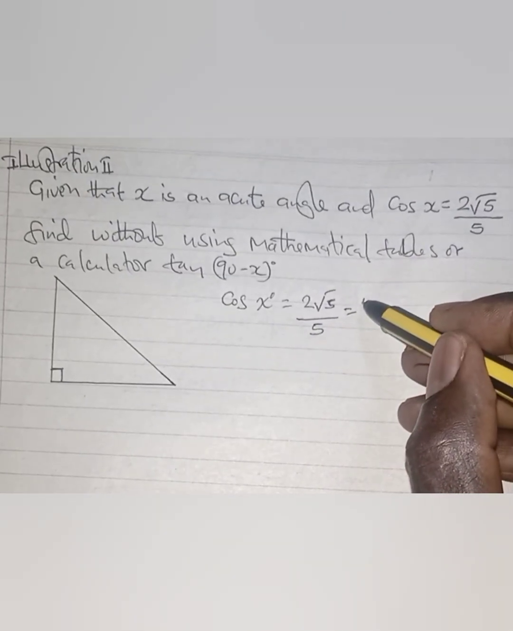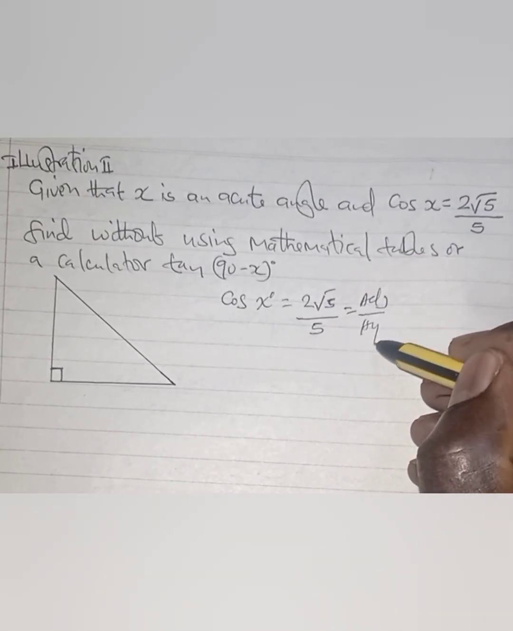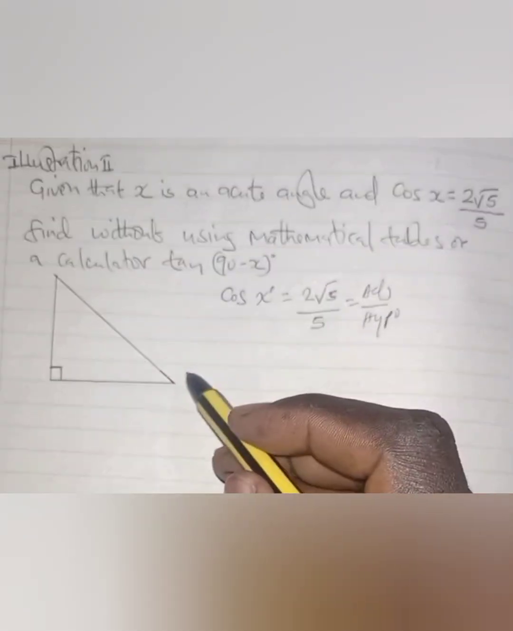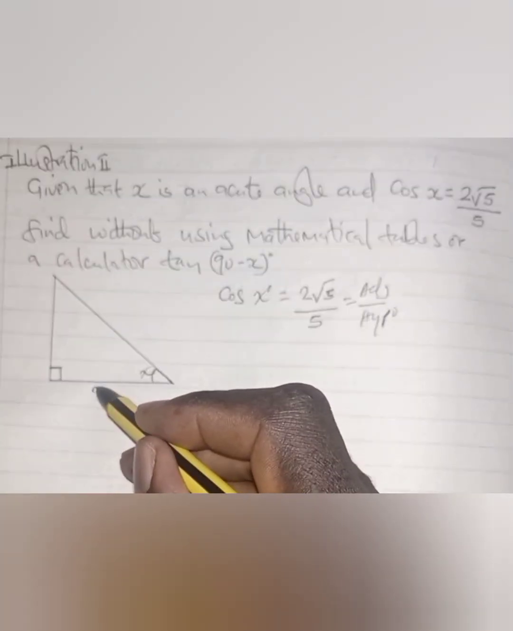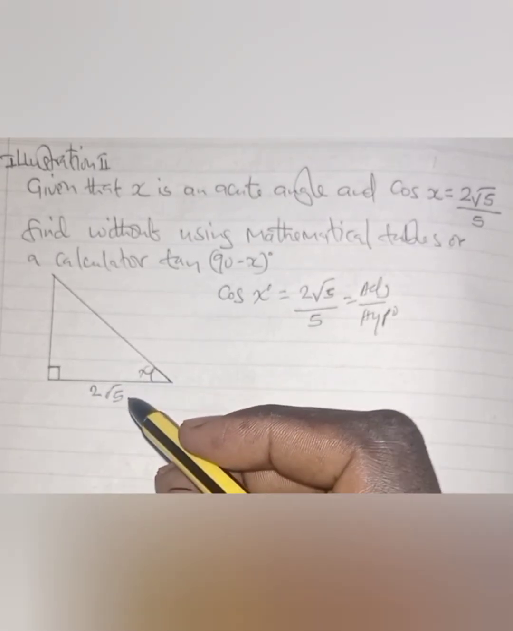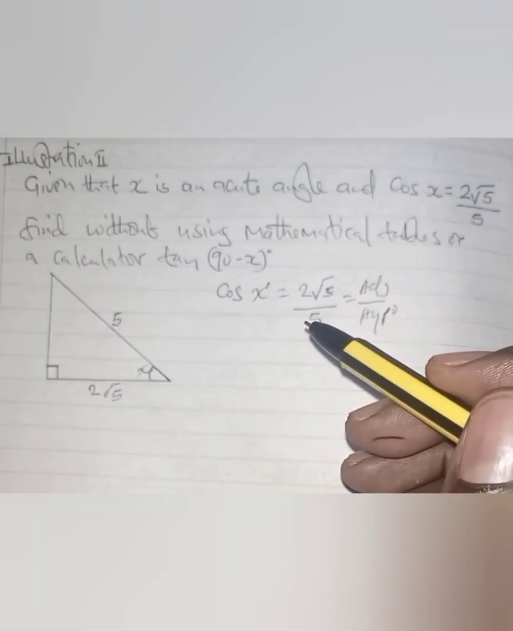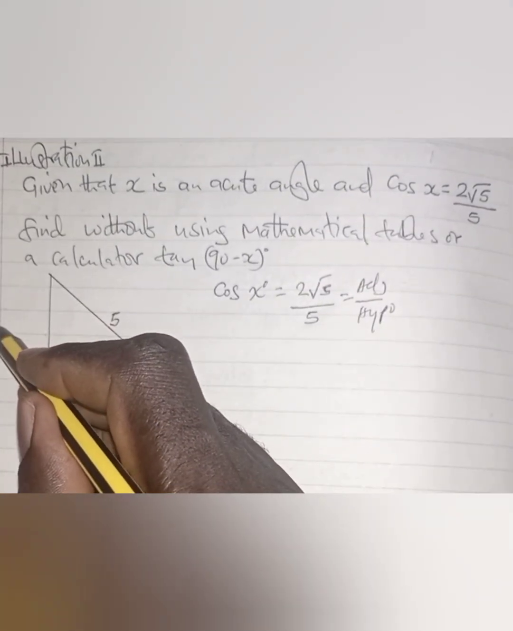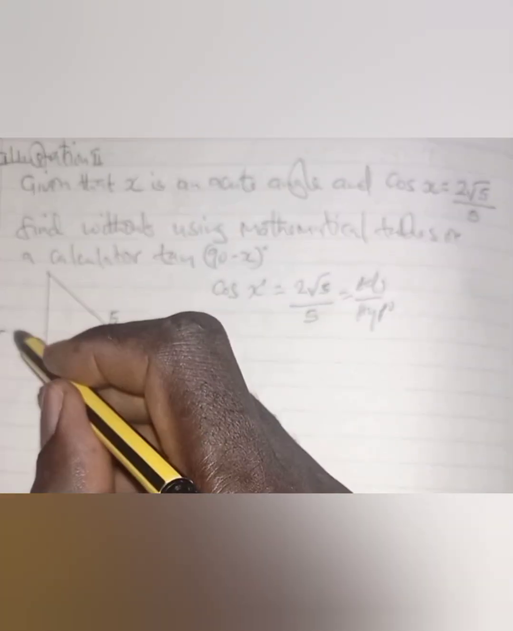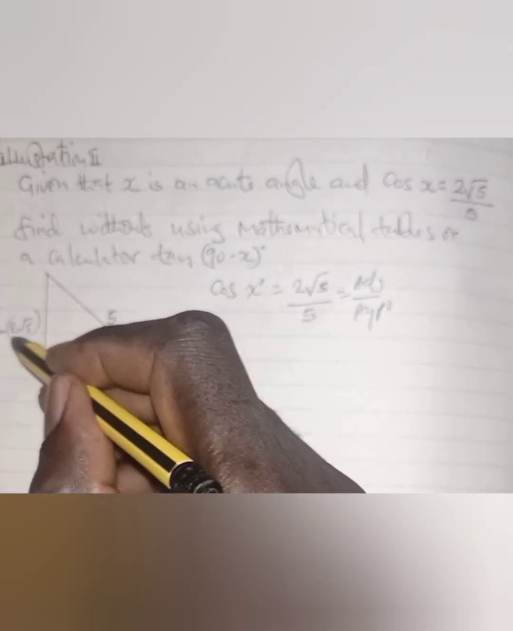Cos theta is given as the adjacent side over the hypotenuse. Now it means that if this is x, the adjacent side will be this one, 2 times the square root of 5. Then the hypotenuse will be this one, 5. Now using Pythagoras theorem, we can calculate the remaining side. We get 5 squared less this one, 2 times the square root of 5 squared, and then we get the